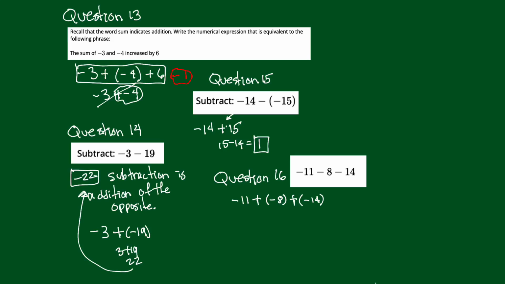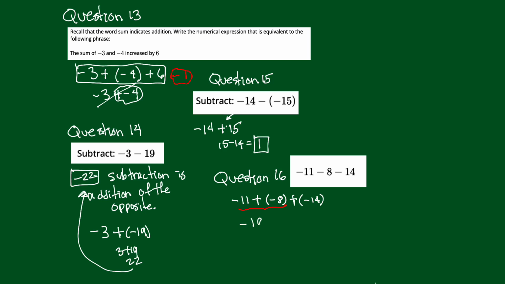Now, two at a time. I've just got two additions here, right? I've got addition and an addition. That's not a subtraction now. That's just negative 8, negative 14, and negative 11. So, left to right, two at a time. Let's take care of these two right here. All right, so what I'm doing is I'm adding two numbers with the same sign. So just add the absolute values, 11 and 8, 19, and then use the common sign, which is negative. So this is negative